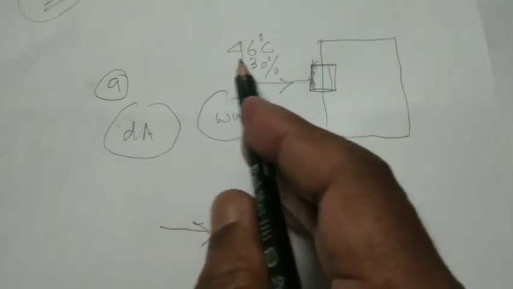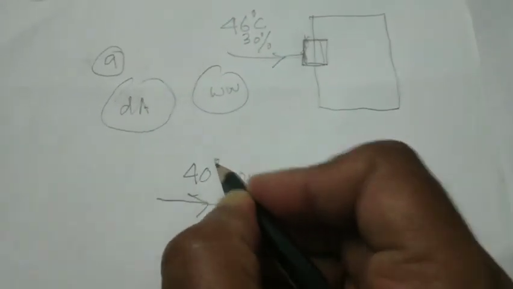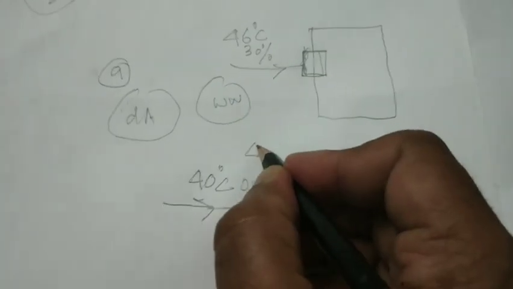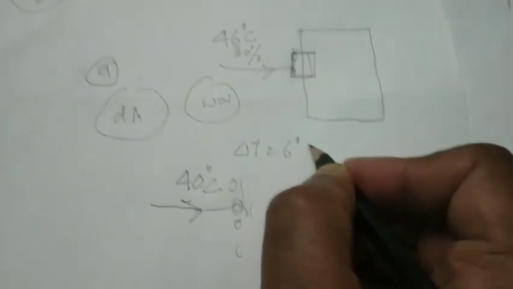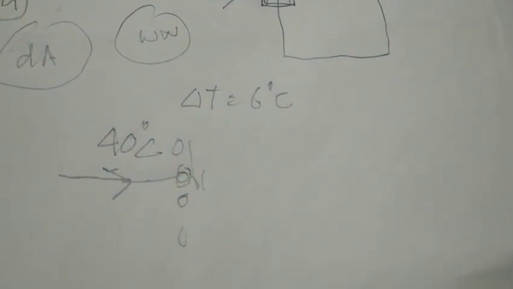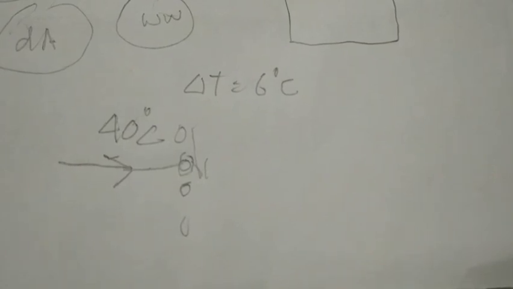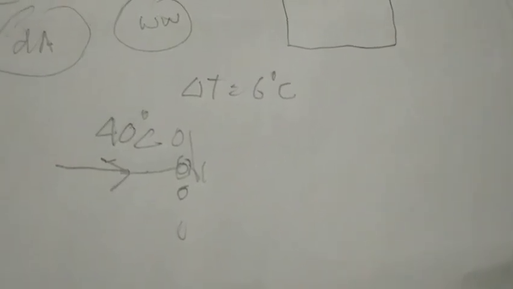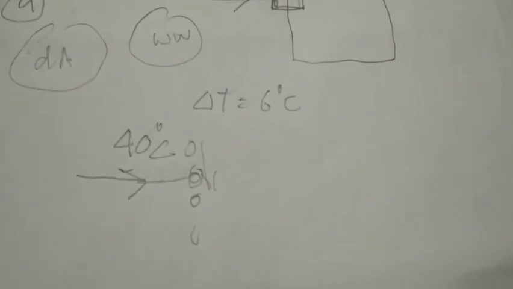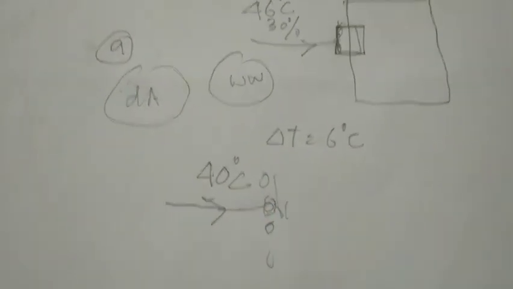It will say, okay, I want to become 40 degrees centigrade. I want to give you delta T as 6 degrees centigrade. Please, water, help me out. So the temperature of the air will decrease, and what will happen is this heat content, the enthalpy of the air in the form of heat temperature, will be given to the water droplet which is dropping down.